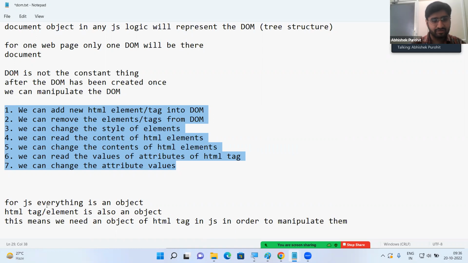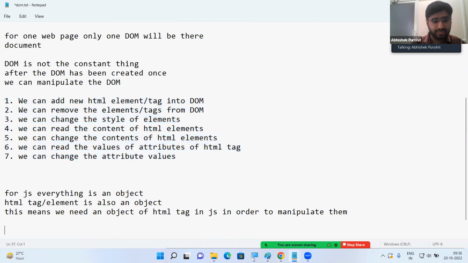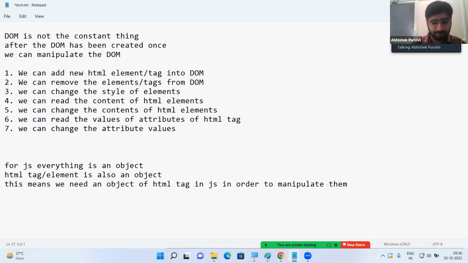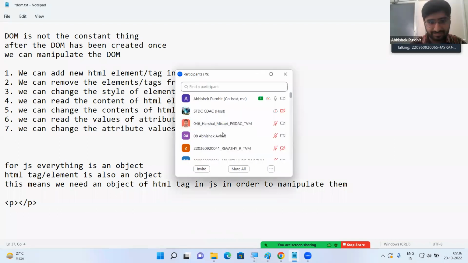Let's say in your HTML, you have one paragraph tag. And if you want to write something inside this paragraph using JavaScript,